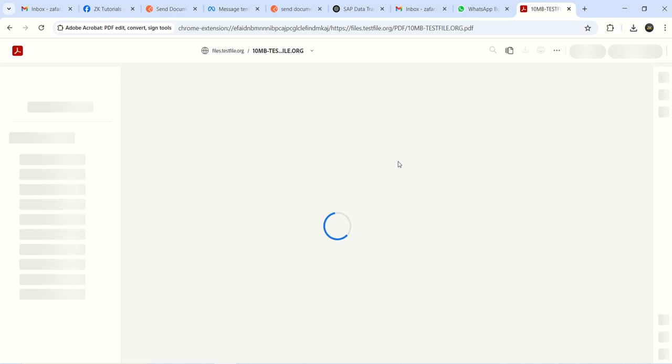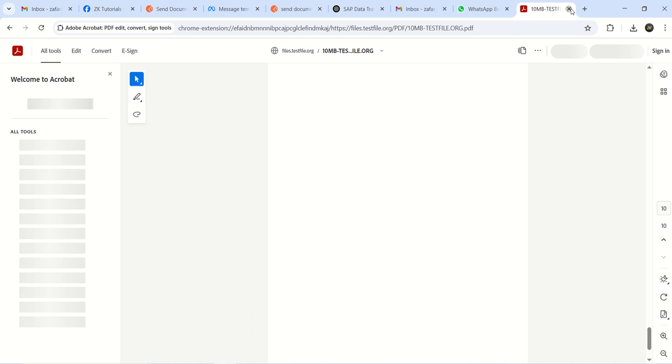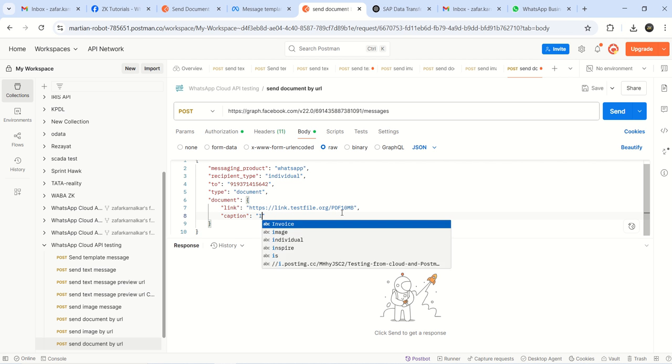So first I entered the image, and now I will show the PDF document. Like this, the same file will get opened. So I will copy that URL here, and here I will give the caption. Let's say, invoice number hash